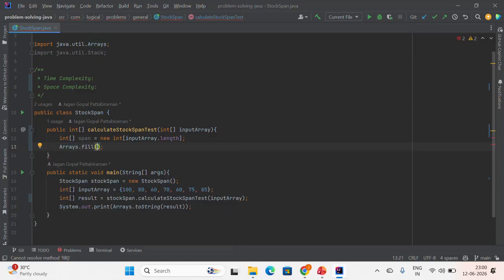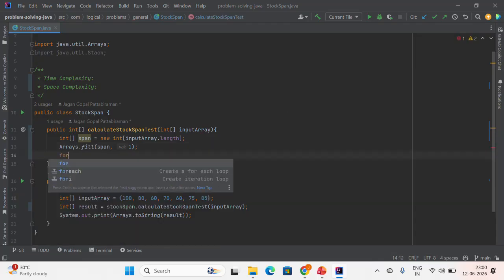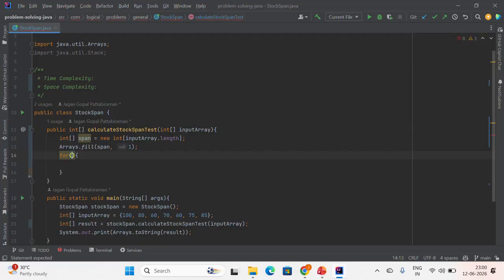Now we will fill this span array with the value of 1. So now every element of the array will have the value 1. Why are we doing it? Because any value you take will be the day's peak for at least a day. So we are filling it out. Now we need to loop through it. So we will consider from day 2,